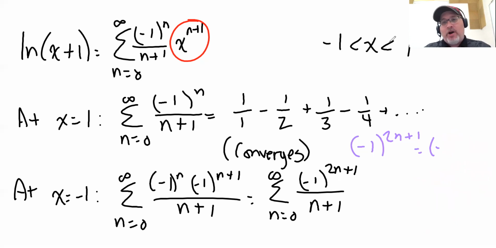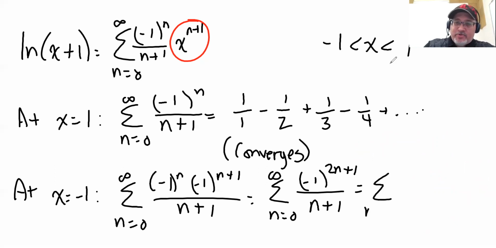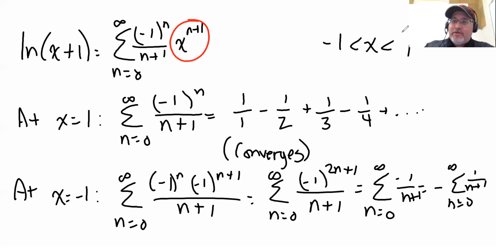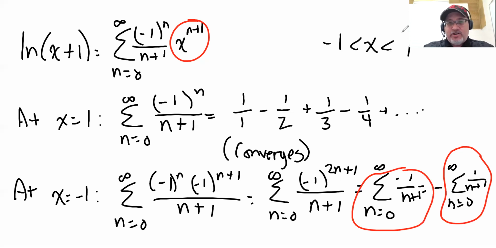It's just negative 1 dressed up real fancy, which means that this is equal to the sum of n equals 0 to infinity of negative 1 over n plus 1. We could pull out the negative 1 in front if you wanted to, but even if you didn't, this is a harmonic series with or without the negative, and it's divergent. Therefore, we get divergence on this guy,